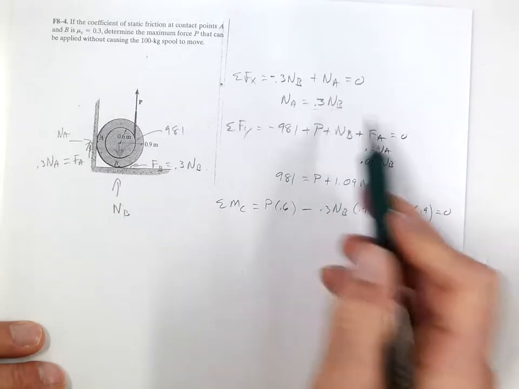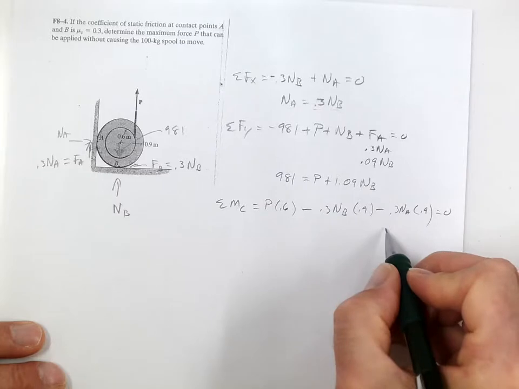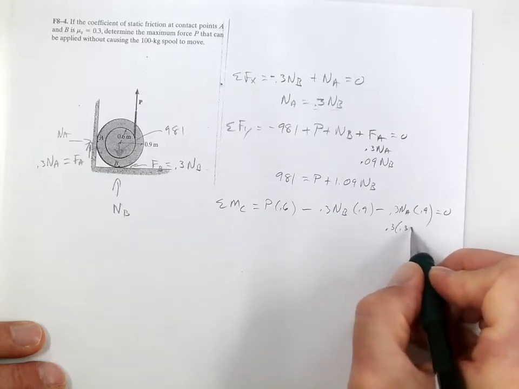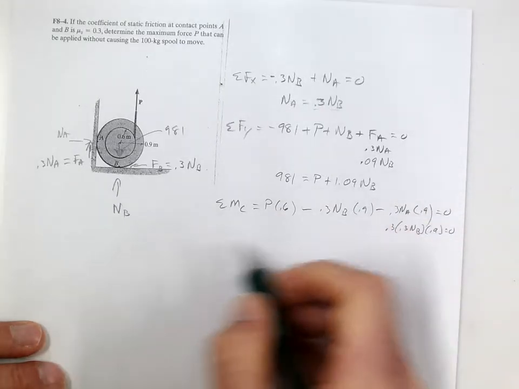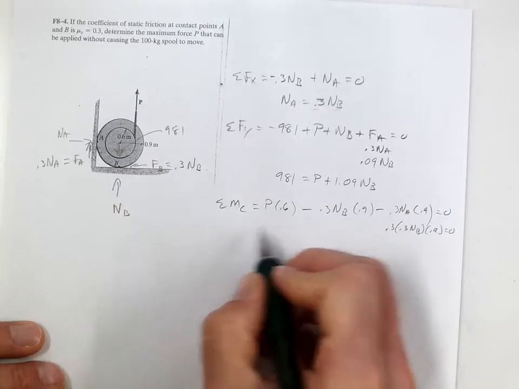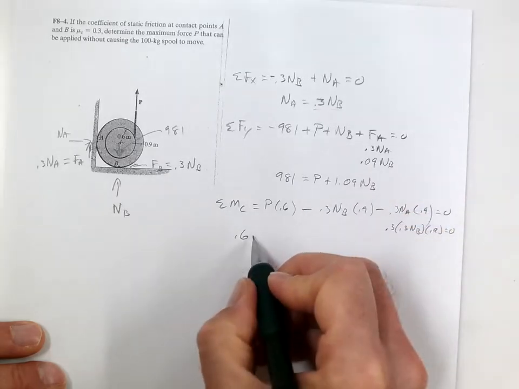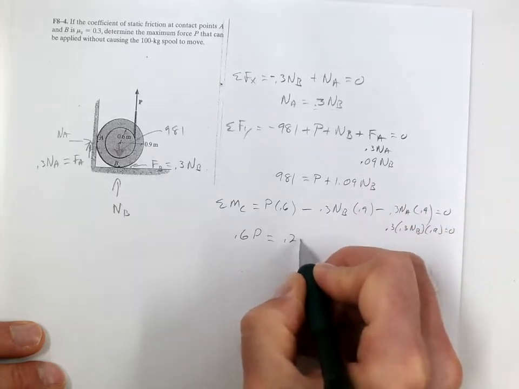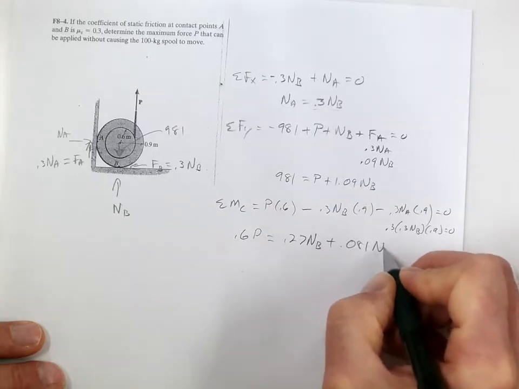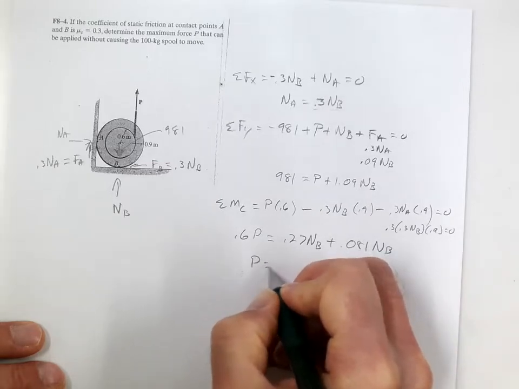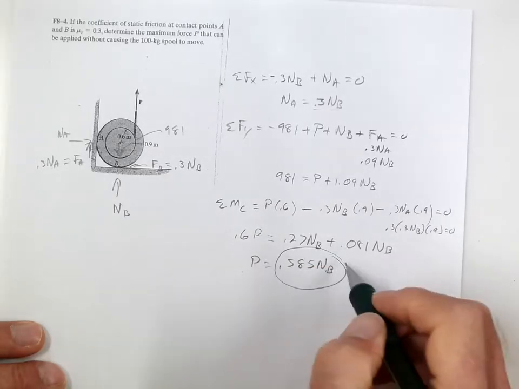Now, in for NA, I'm going to put 0.3 NB, and so this becomes 0.3 times 0.3 NB times 0.9 equals 0. And so I'll move these to the other side. So 0.6P equals 0.27 NB plus 0.081 NB, and P equals 0.585 NB. I'll put this into there,